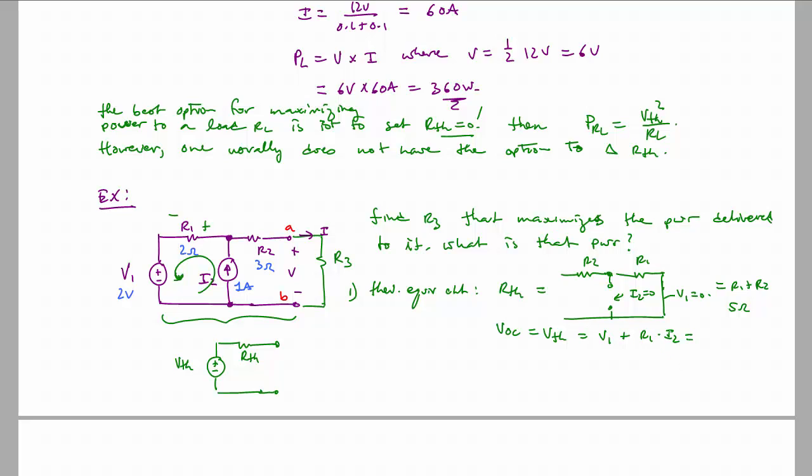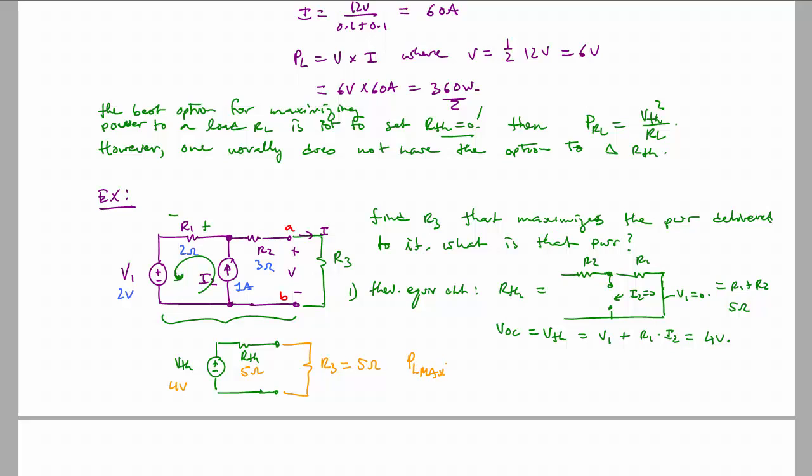And when you plug in numbers, that will be 2 plus 2 ohms times 1 amp, or 4 volts. So then we can write 4 volts, 5 ohms, and now we can say R3 is going to be equal to 5 ohms,